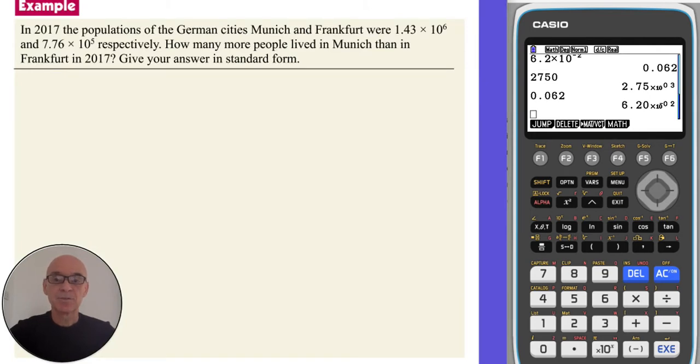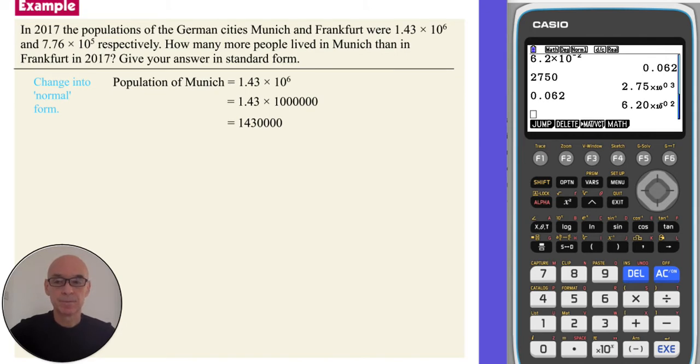In this question, we're given the populations of the German cities Munich and Frankfurt in 2017 and asked to find how many more people lived in Munich than in Frankfurt, giving our answer in standard form. So if we first take the population of Munich and convert it into a normal number, and if we do the same for the population of Frankfurt,